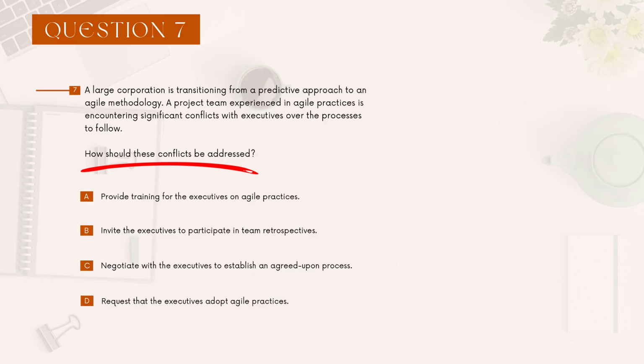What should we do? A, provide training for the executives on agile practices. Okay. That could work. Right? A training program where they get informed about agile. B, invite the executives to participate in team retrospectives. Not